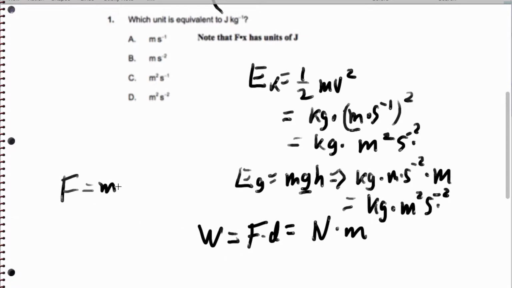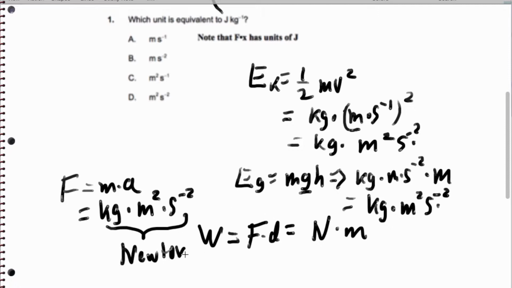Force is mass times acceleration, so that's kilograms meters per second squared. This whole unit is what we call a newton, the unit of force. So when I say it's newtons times meters,